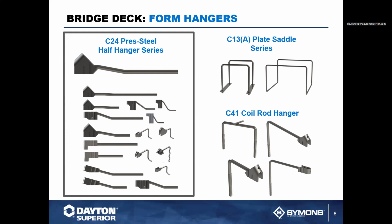Typically, you're going to get a C24. These hangers are typically used for steel girders, but they can also be used with concrete girders. Typically, they would get welded to any rebar that would be protruding out of a concrete beam. So the strength capacities on a concrete girder are much less than they would be if they were welded to a steel girder. We have these hangers also available in